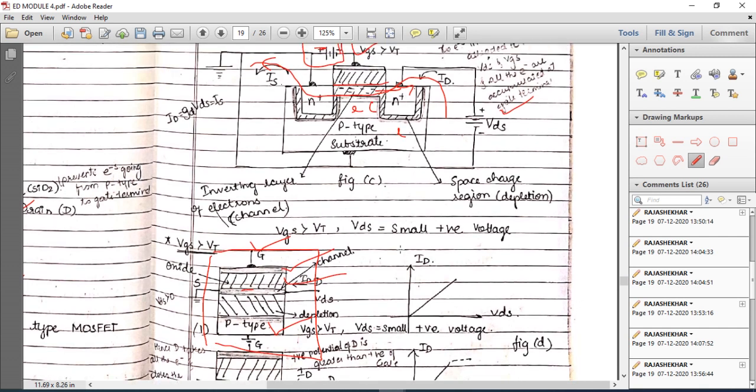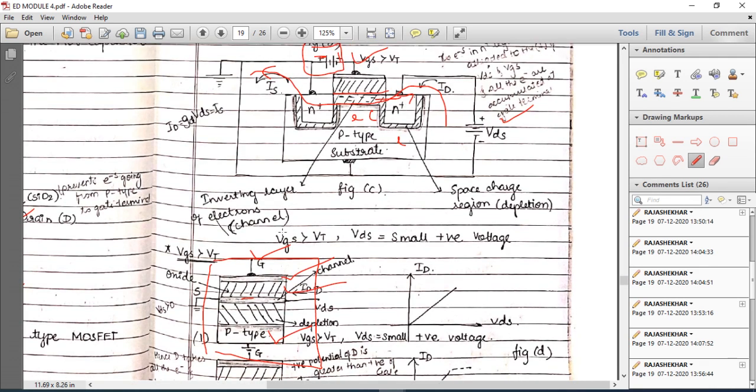Okay, so look at this now. This is the gate, which is shown here. This is the metal. This is the oxide layer. This is the channel, which is shown here. Okay, and after the channel we have a depletion region here. So this is that depletion region. These are the two depletion regions between N and P type, and this is the P-type substrate, which is shown here. Now the P-type substrate is connected to ground.